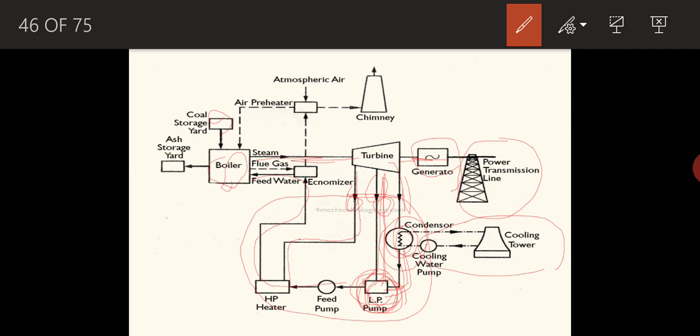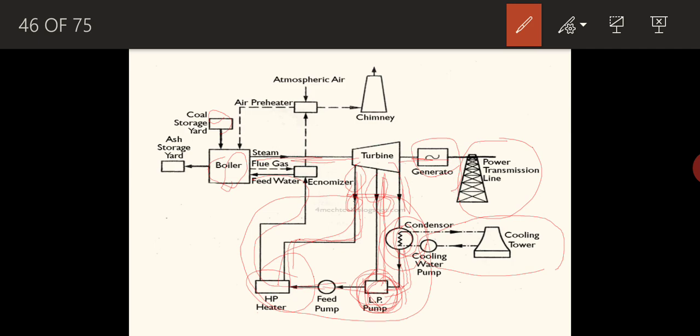That water of increased temperature is passed through the high pressure heater using a feed pump. Using a pump, it is again pumped to the high pressure heater. Here also you can see the steam bled from the initial stage. The steam coming through this line will be very high pressure, very high temperature steam. Remember, through these two lines only a very small quantity of steam is extracted, not the entire steam. So only a very small quantity is bled. That bled steam is mixed with the upcoming water from the feed pump in this chamber.